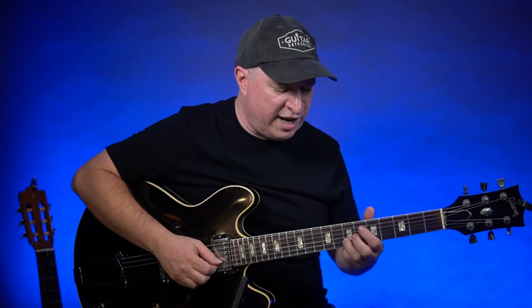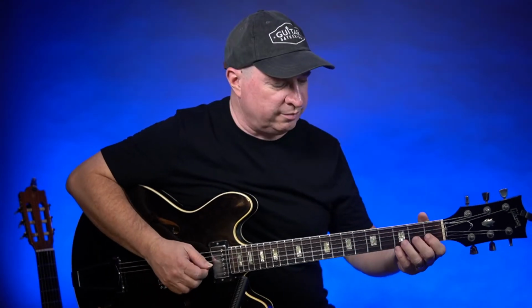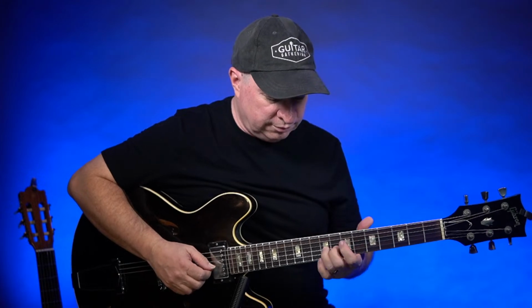Sometimes you'll get a little fret out of alignment, and that'll be buzzing in one little spot. And you may not notice that until 3 days after you get home and you start playing something up on the neck and you go, hey, what is this? The fault is yours because you didn't check it out. Check all those frets all the way up there. It's not that you don't buy an instrument if the neck needs to be adjusted, but make sure